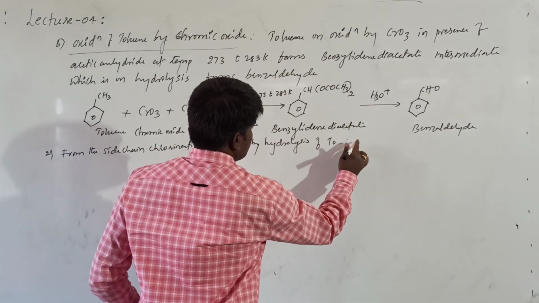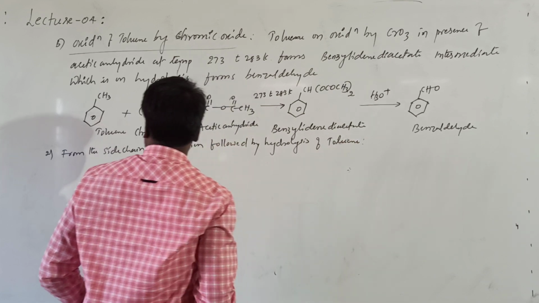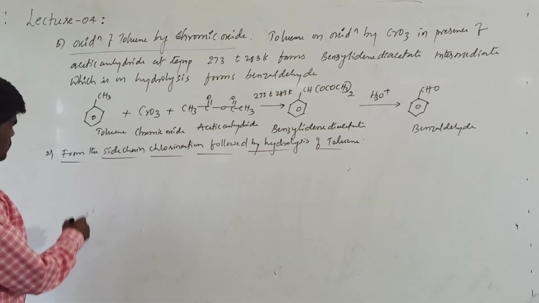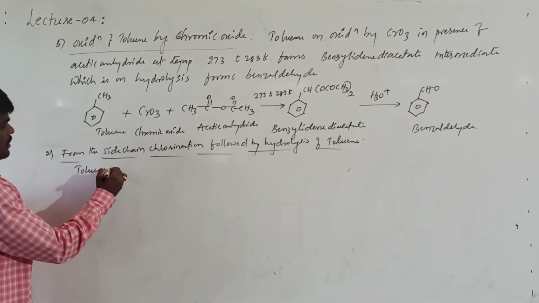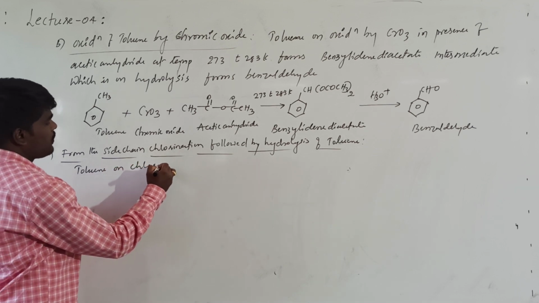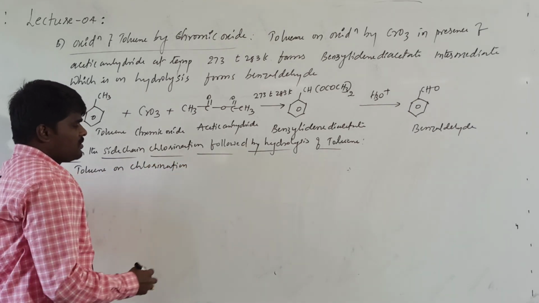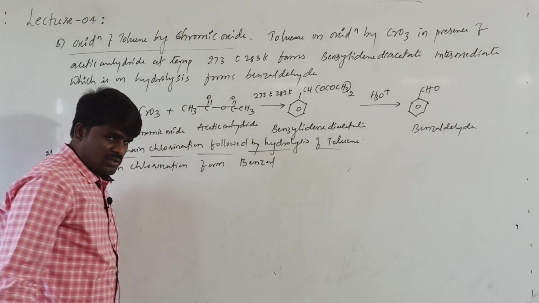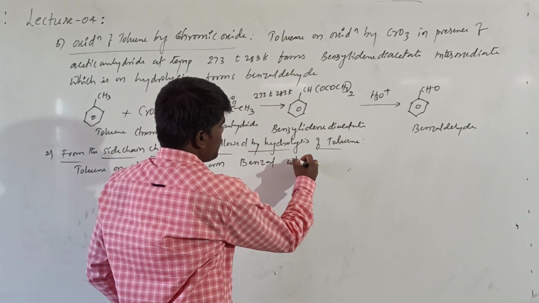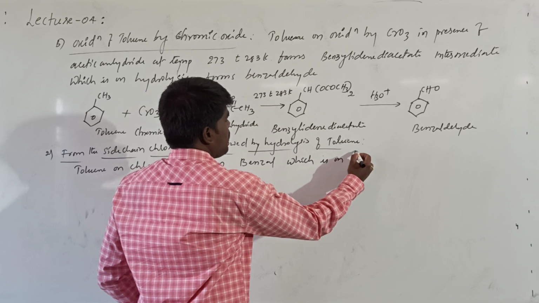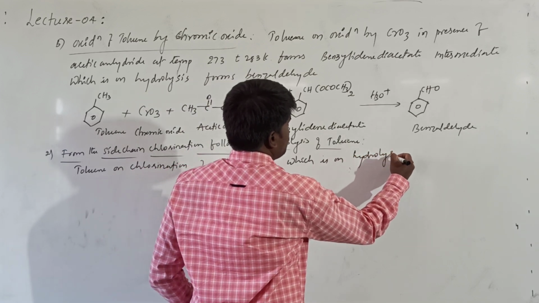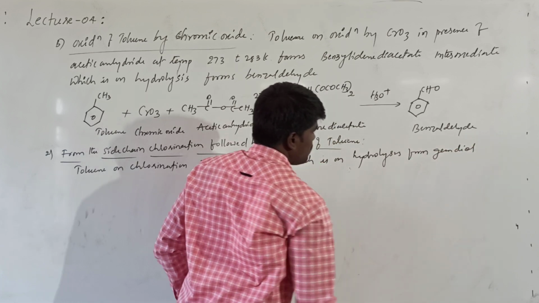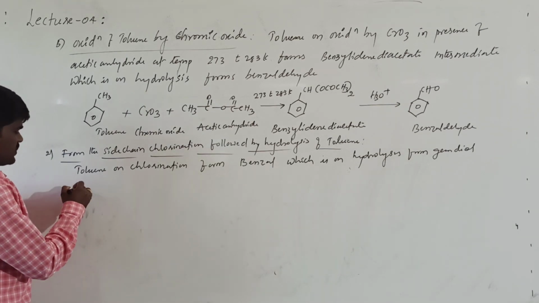This is another method. So what you have to do in this method, right? Toluene on chlorination forms benzal chloride, which on hydrolysis forms geminal diol, okay, which is